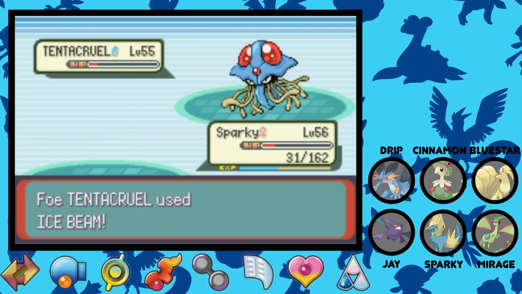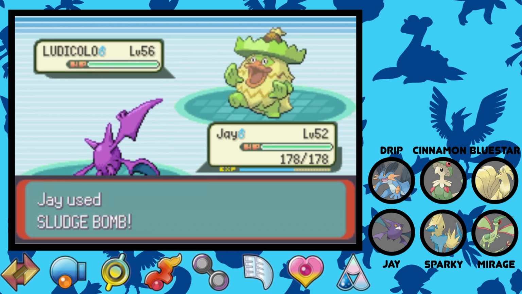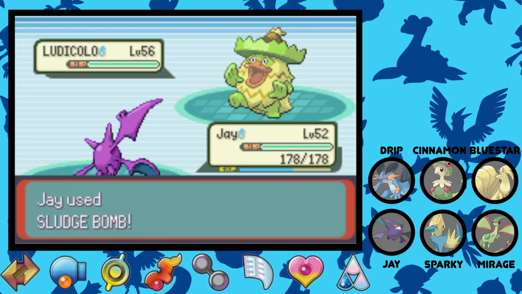Sparky goes down to an Ice Beam, but I bring in Drip, who revenge kills it with Earthquake. And now, Wallace is down to his last Pokemon, Ludicolo. I bring in Jay and go for Sludge Bomb, which Ludicolo barely survives and, to my disappointment, sets up a double team. Wallace heals, but Jay's not about to let Ludicolo get away with any scummy strategies,